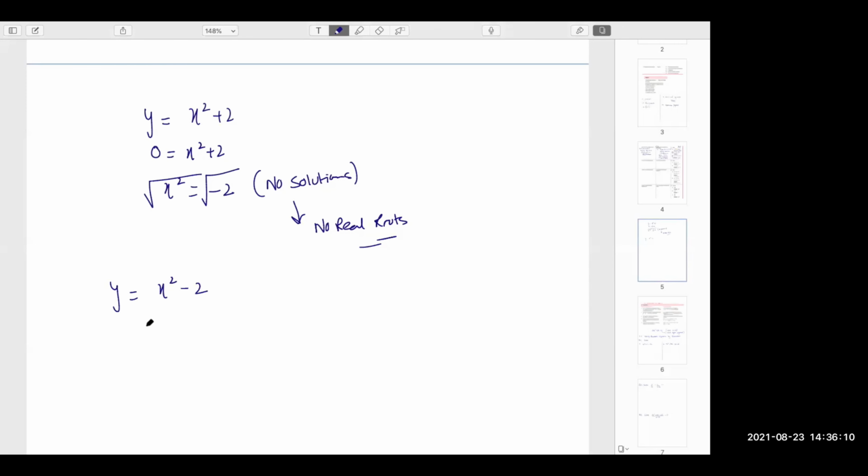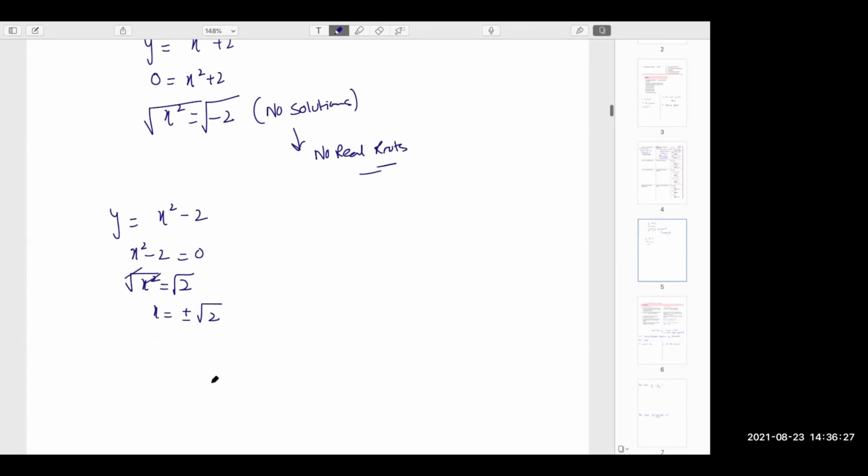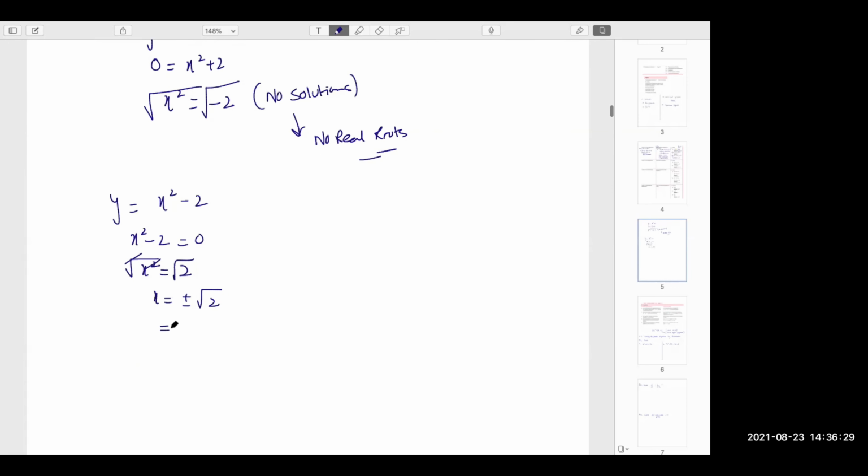और मैं आपसे कहता कि यार गिव मी द x इंटरसेप्ट, सॉल्व दिस इक्वेशन, सॉल्व x स्क्वायर -2 इक्वल्स टू 0। सो इसके सॉल्यूशंस मुझे बताएं। सो व्हाट यू गाइस वुड डू इज x स्क्वायर इक्वल्स टू 2 एंड व्हेन यू टेक द स्क्वायर रूट, गाइस रिमेंबर हम प्लस माइनस लगाते थे, प्लस माइनस स्क्वायर रूट 2।